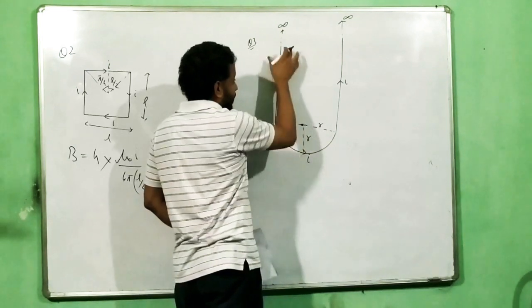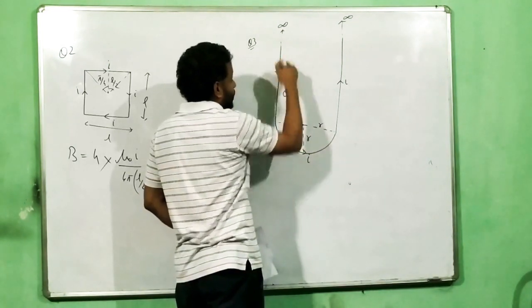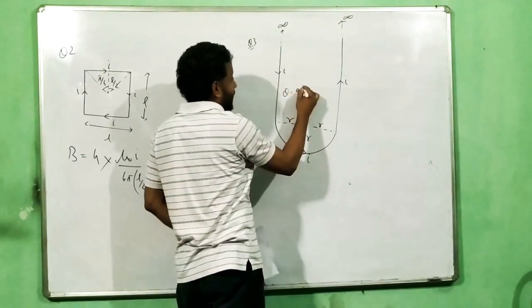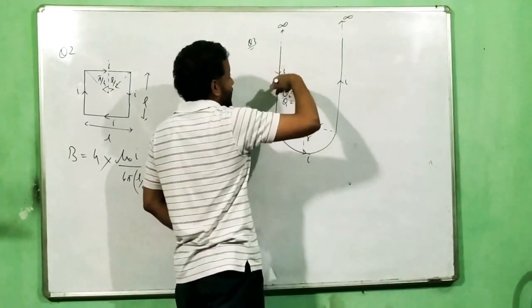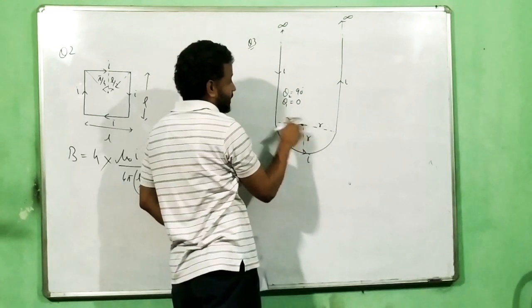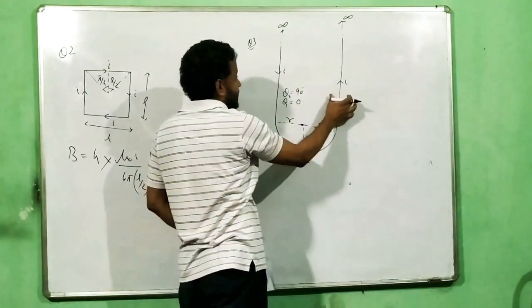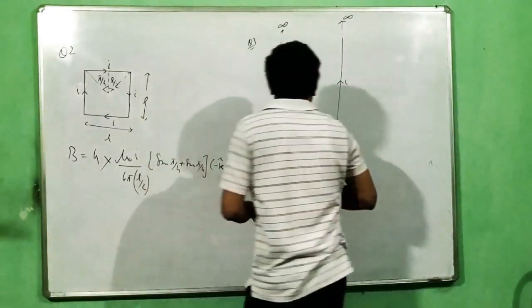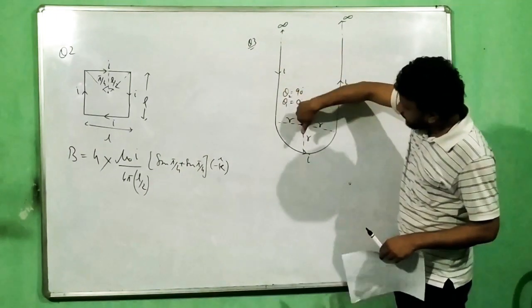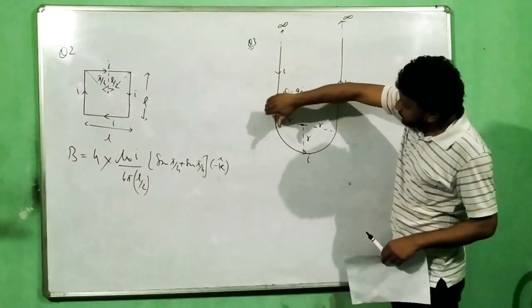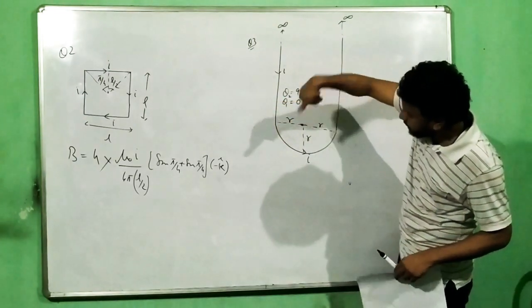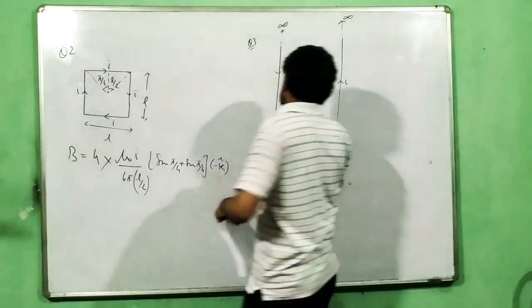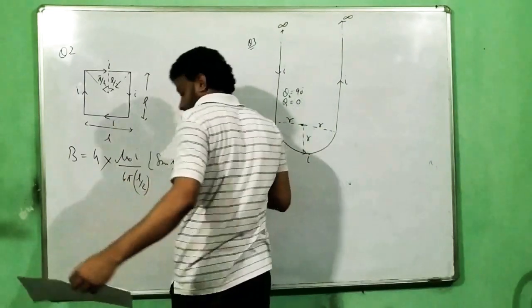That means for this wire, one angle is 90 degrees and the other angle is 0 degrees. If I consider this as theta 2 and theta 1, whichever it is, theta 2 is 90 degrees and theta 1 is 0 degrees for this wire. Same thing for this wire. And this one is going to create a field here in this direction. This is my current, so here it is going inside and here it is going outside. So this part is going to create a field here outside.